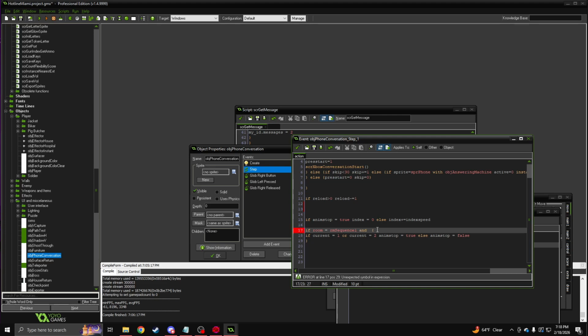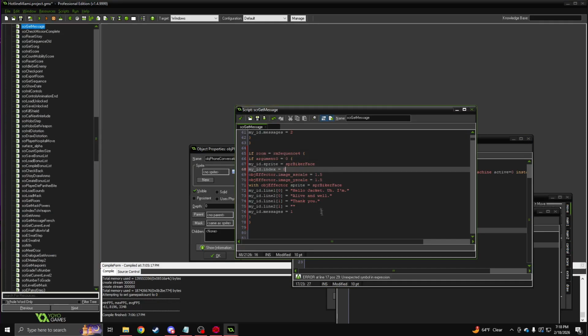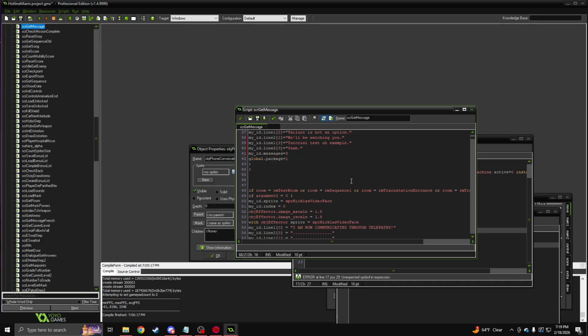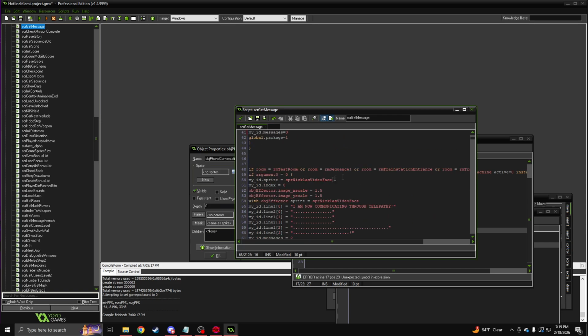and argument, or no, I don't think you can use arguments outside of scripts. Well, we could go into script. We could probably go into scrGetMessage and, if we scroll up to here,